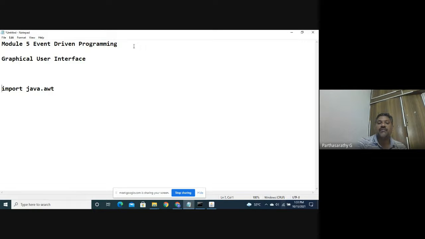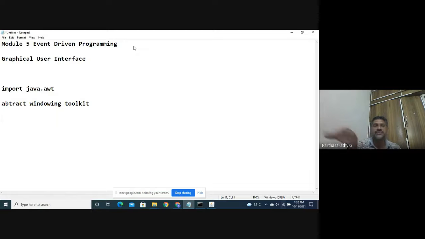In Java, we have many packages. Among the packages for creating graphical user interfaces, we have the Abstract Windowing Toolkit. This is a package which is used to create a graphical user interface. Here I have one frame screen. In the screen, I can put different components like a text box, label, button, etc. Here I can create this GUI.